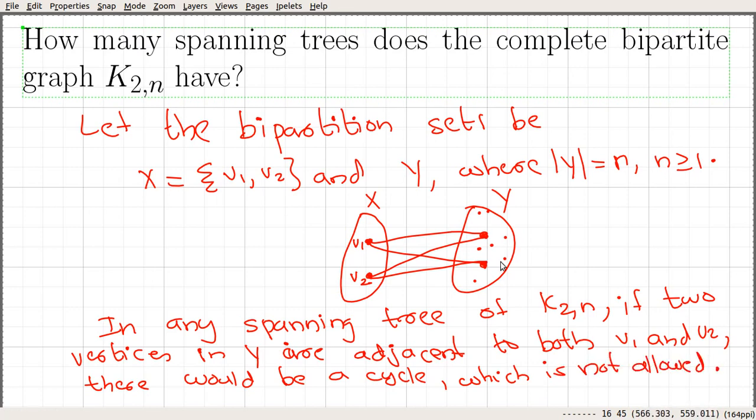So this kind of situation won't arise in a spanning tree. If we have two vertices in Y which are adjacent to both v1 and v2, then we have a cycle.